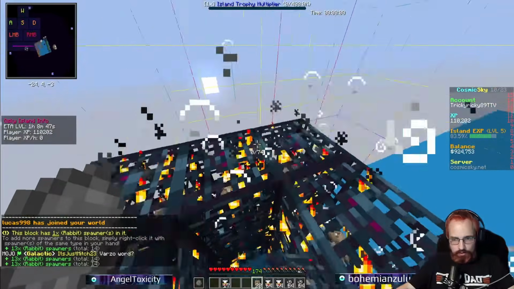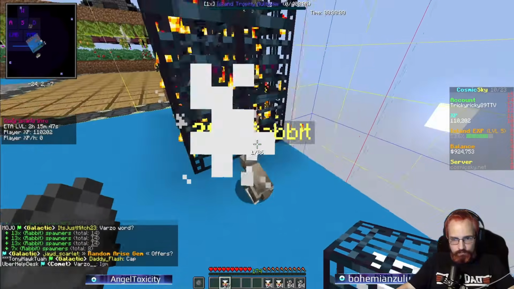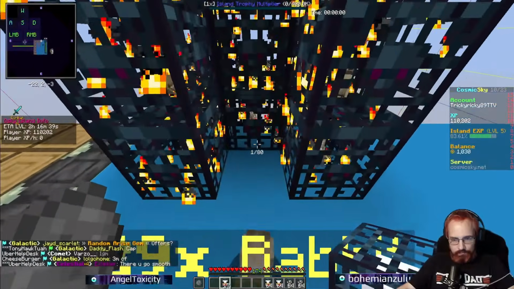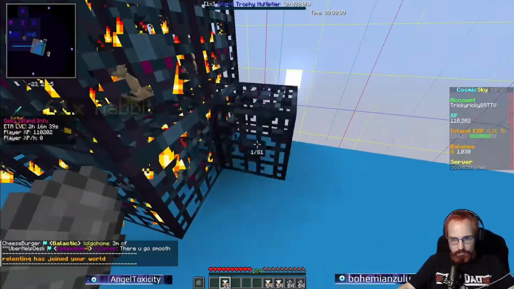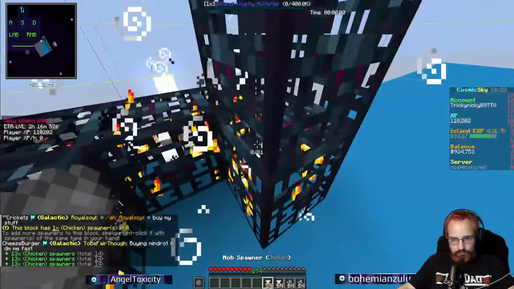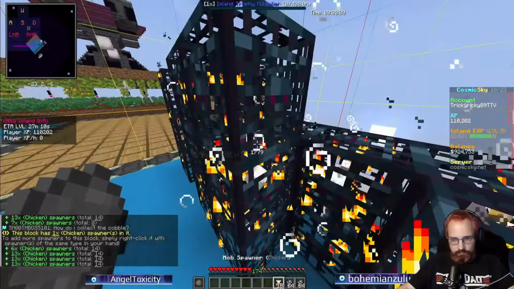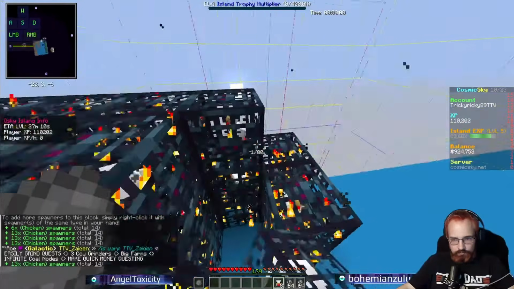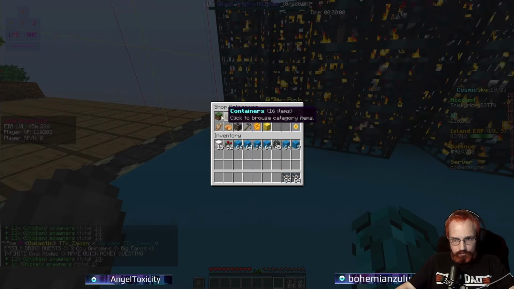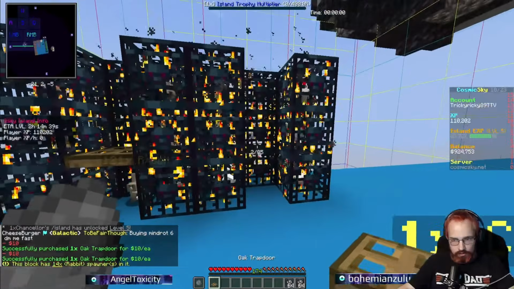Bit overkill, but we might as well just do that. And then chickens will go here. Okay, let's move these rabbits over to there. And not in my way. Go. Okay, there we go. Now if we do /shop and we go ahead and get ourselves 2 trapdoors, one there,